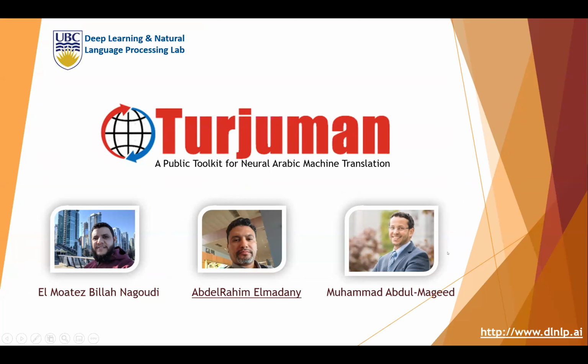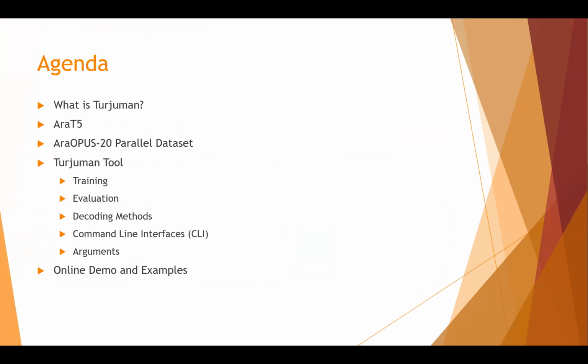Hi everyone. I'm going to talk about our paper, TURJUMAN, a public tool for neural Arabic machine translation. This work is done by Moatez Billah Nagoudi, Abdul-Mageed, and myself, AbdelRahim Elmadany. Our outline today will cover what TURJUMAN is and a brief background about AraT5, our model, and we'll discuss the ARA Opus 20 parallel datasets, and we will talk deeply on TURJUMAN itself about training and evaluation